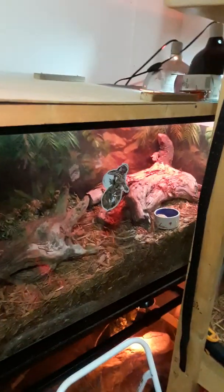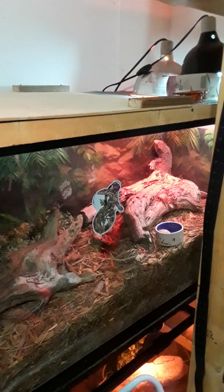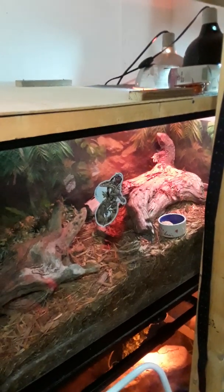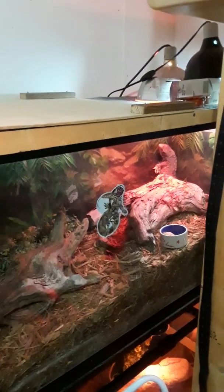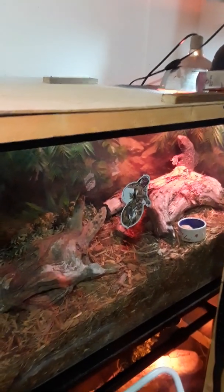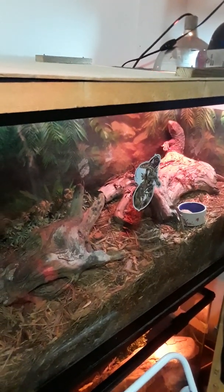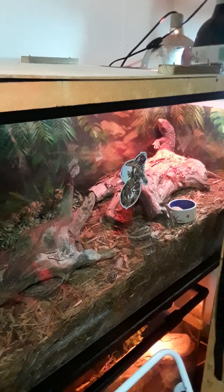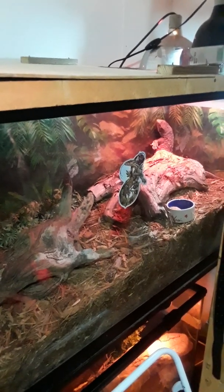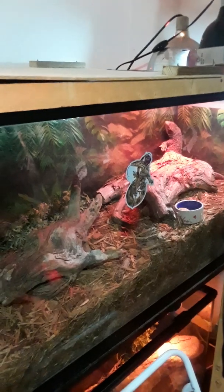So it's interesting enough, they've been in captivity for quite some time now. I remember when I was a kid, you were able to purchase them at reptile shops, expos, shows. For some reason, there's still a lot of controversy on the care for them. So I'm going to do the best that I know to do, which I think is